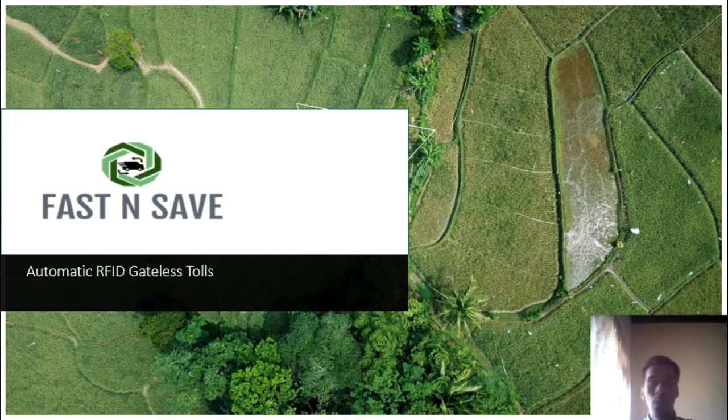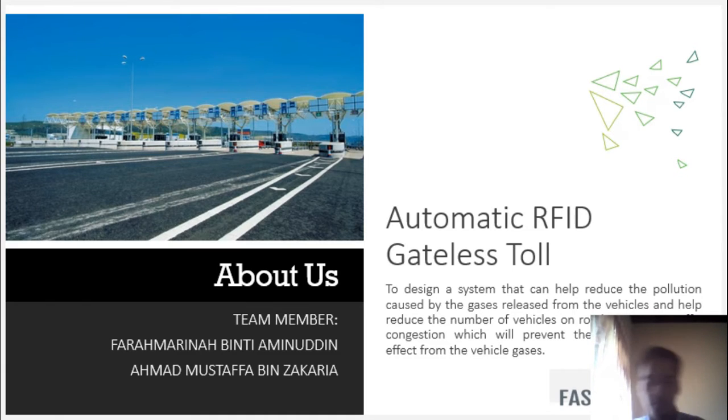Today we would like to talk about the design and the idea of sustainable technology which can reduce the damage to the environment. Our project is about automatic RFID gateless toll. Okay, about this project,